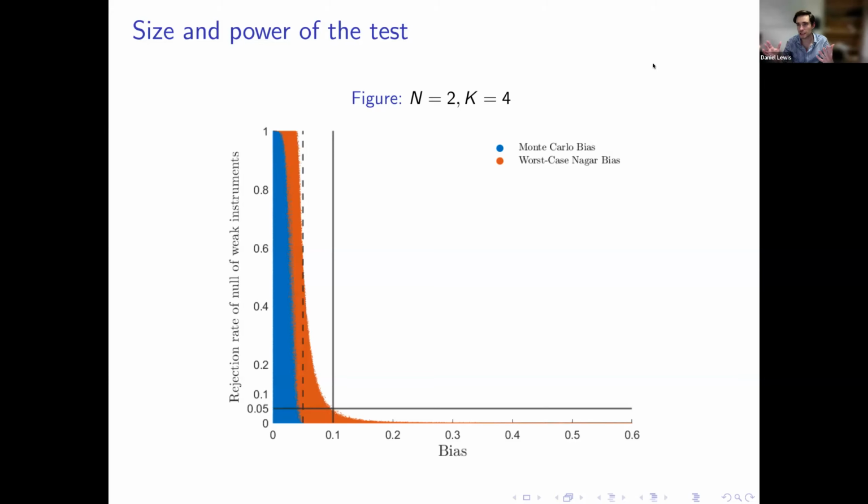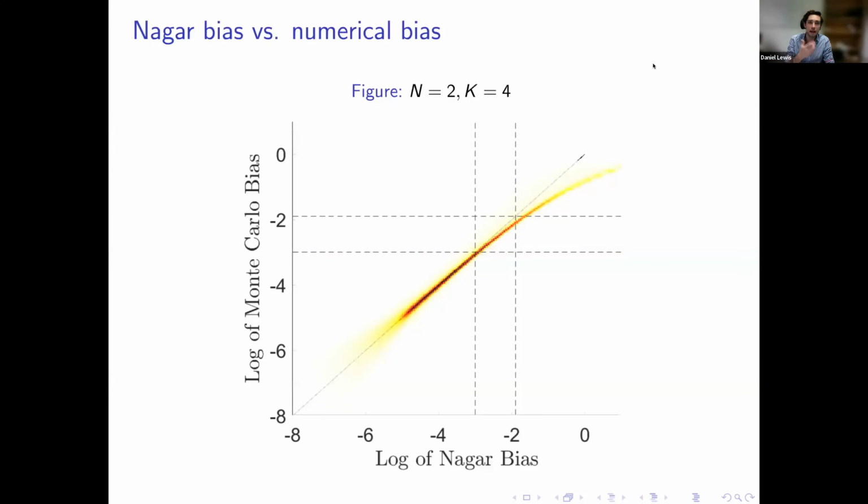But in a simulation study, we can compute the actual Monte Carlo bias for each DGP, and just to confirm the conservativeness of the test further, and indeed the fact that our bounds are accurate, we wanted to look at this, and you can see that yes, you're indeed more conservative when you look at the Monte Carlo bias as opposed to the worst case bias. But of course, the test is designed not to control Monte Carlo bias, but it's designed to control the worst case bias. Next, we can look at the Nagar bias versus the Monte Carlo bias, and in particular, the log